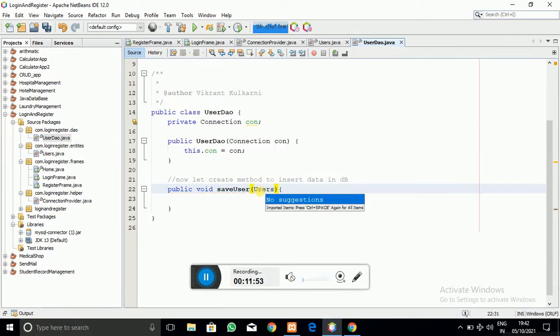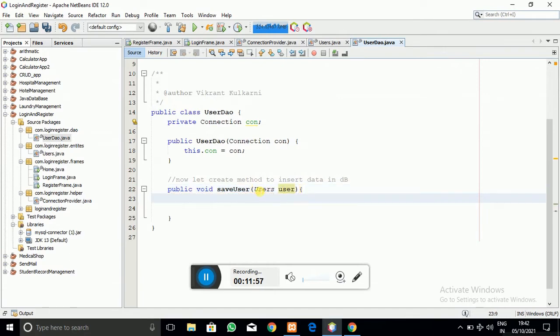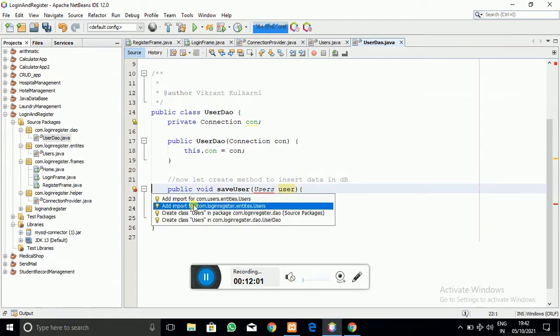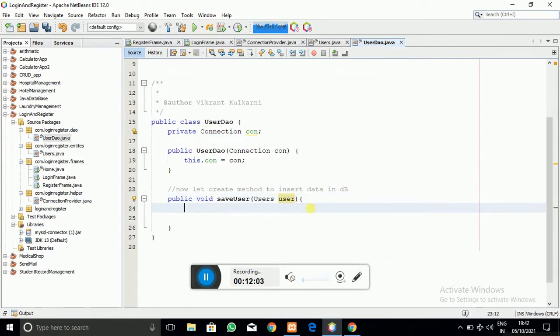Here you can see the users entity which we have just created. It doesn't return anything. Let me add the try catch block here also, so that exceptions can be caught.